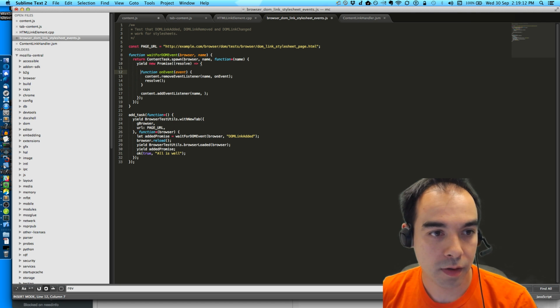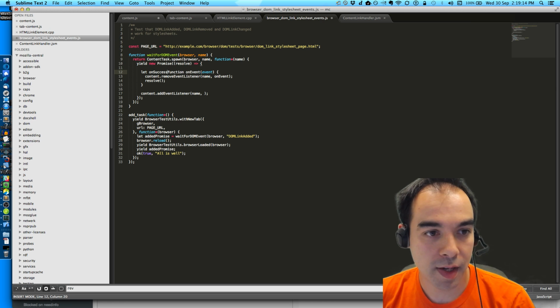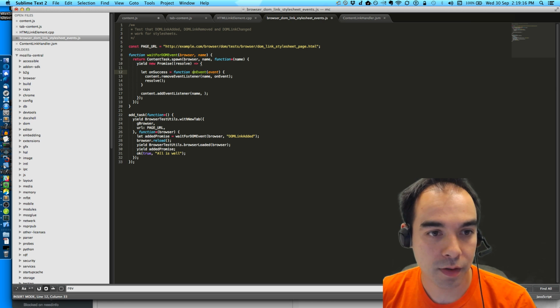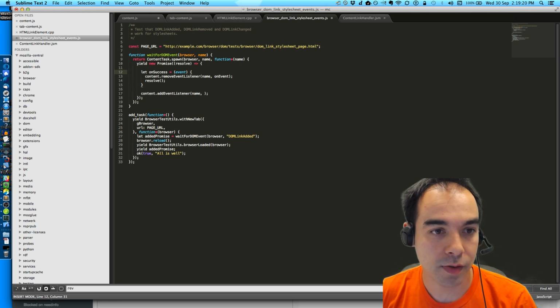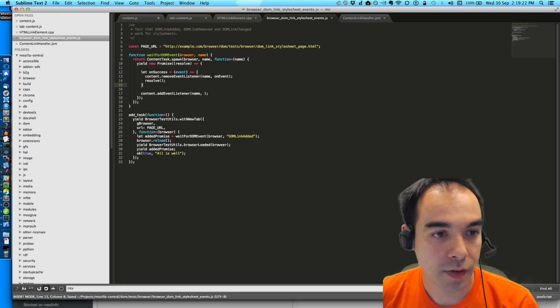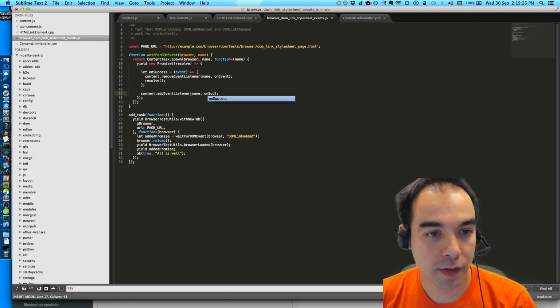I think what we'll do is function on success equals function, we'll do an arrow function because those are nice. Success equal that on success.